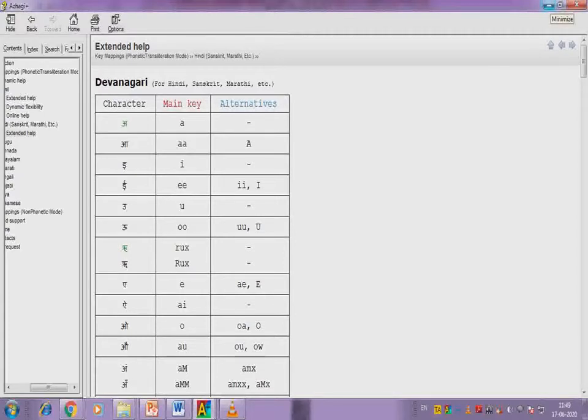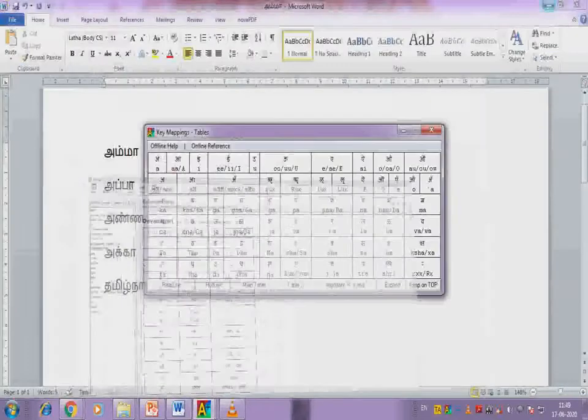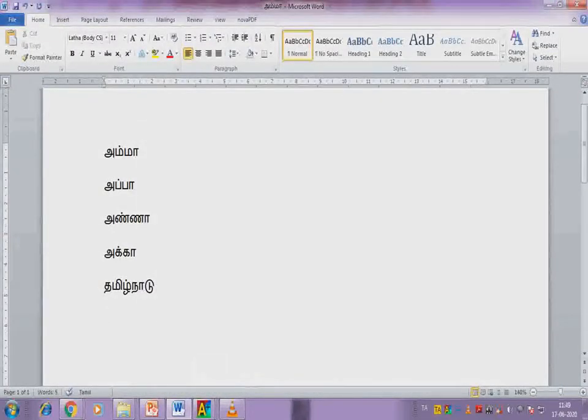Under Key Mappings you have offline help. In that, choose Hindi. If you click that, you will get the extended help list. In that they give the Hindi letters as well as the English letters you have to type to get that Hindi font. They give all the guidelines.